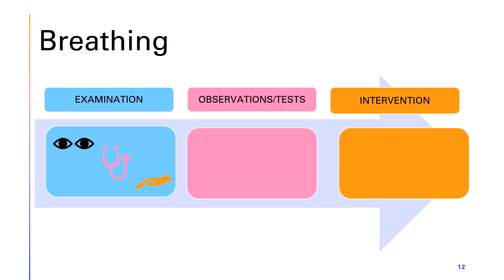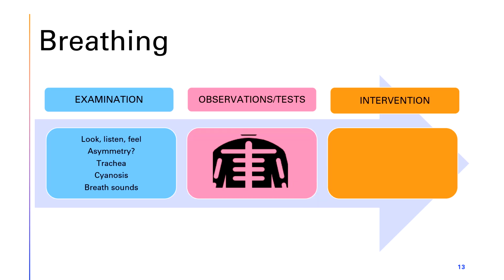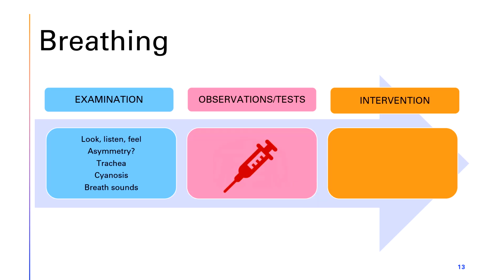So moving on to breathing, we're going to have a look, listen and feel approach for this. So have a good look and listen to the chest, checking that there's equal air entry, no crackles, no wheeze, and also feeling if our trachea is central. Then on our observations, we're going to have a look at our respiratory rate as well as our oxygen levels or SATs. We might think about ordering a chest x-ray if it feels indicated, and possibly an ABG